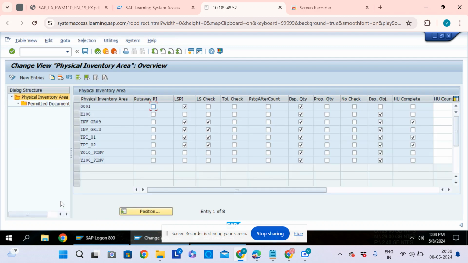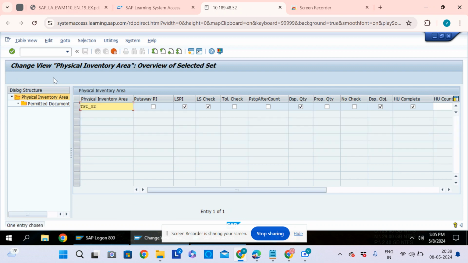In this we will be creating a physical inventory area, copying this inventory area, keeping settings the same, like LSPI, low stock check, and so on. I will copy this record